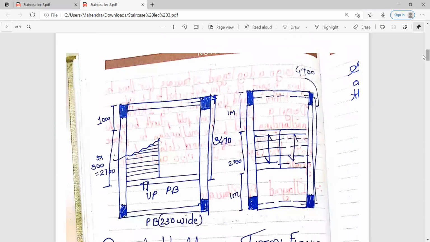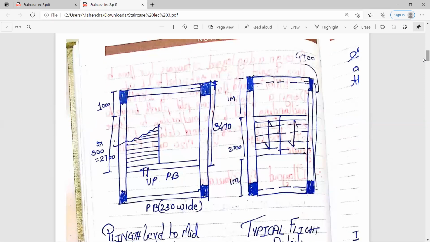Now, this is the diagram for the sum that we are going to solve. As you can see over here, this is your plinth beam. Plinth beam that is of the 230 millimeter width. This is the layout of the staircase that you are going to solve. So, as we had mentioned, 2700 क्या था हमारा total going distance था. So ये यहाँ से लेके यहाँ तक का distance is our 2700, that is the total going distance that we had considered. And 1000 is what?